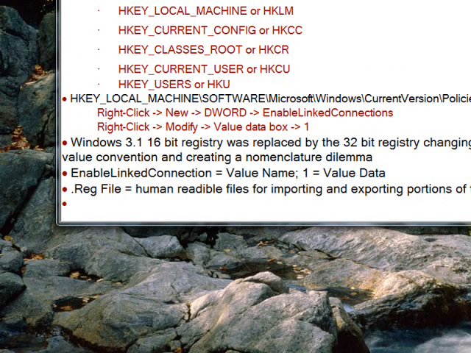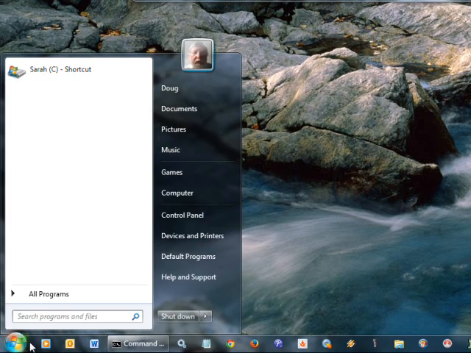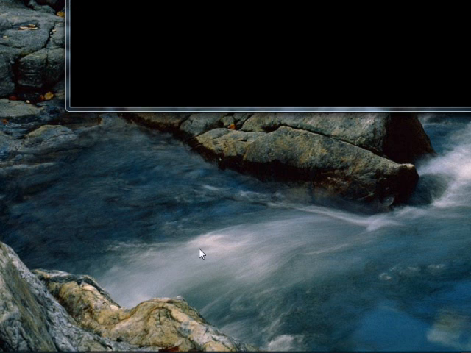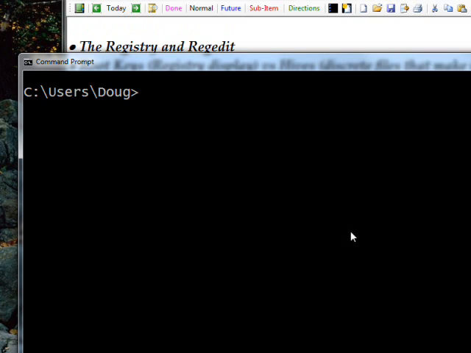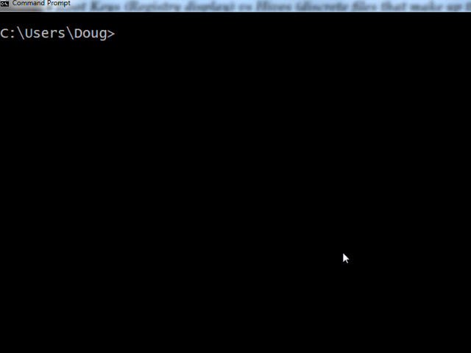Normally you'll invoke Regedit by going to the Start button and typing Regedit into the search programs. But I don't like to do that because I'm a command prompt guy from the word one. So if we bring up a command prompt or a DOS box and type in Regedit,